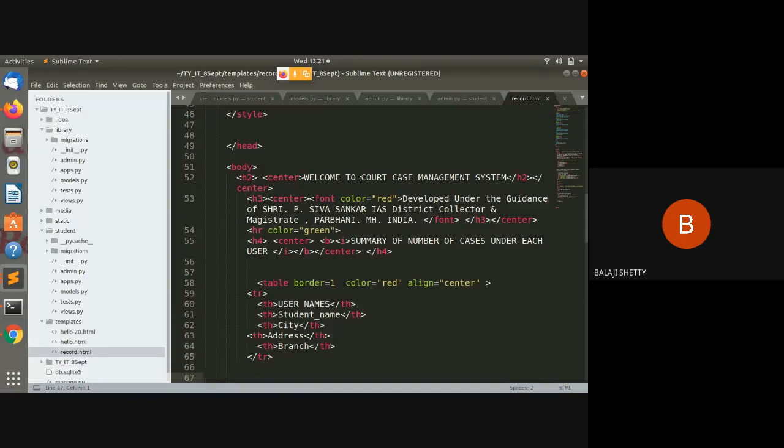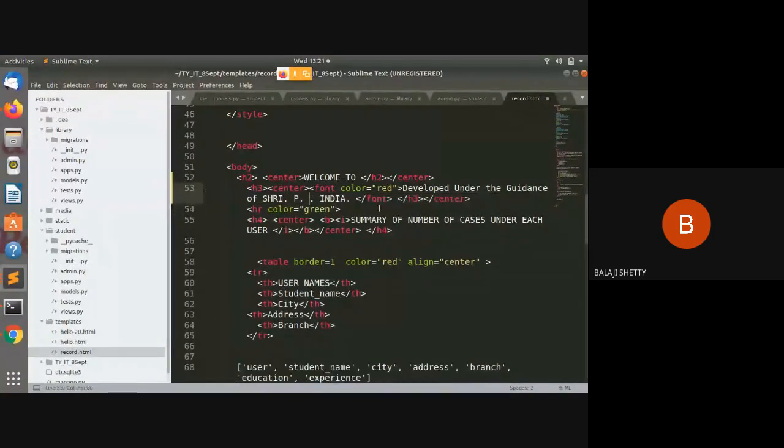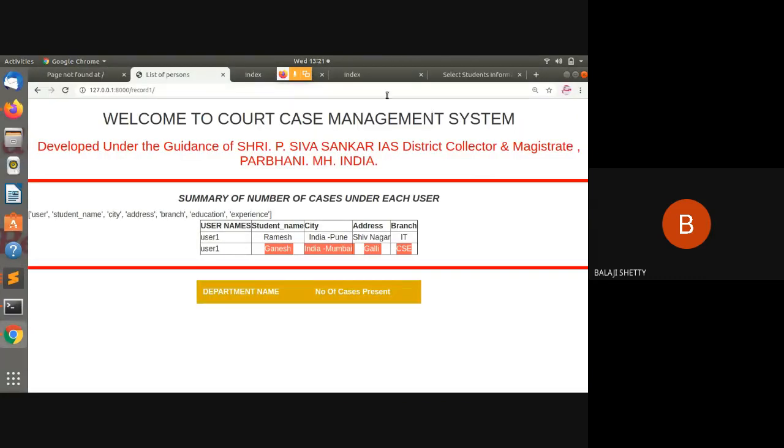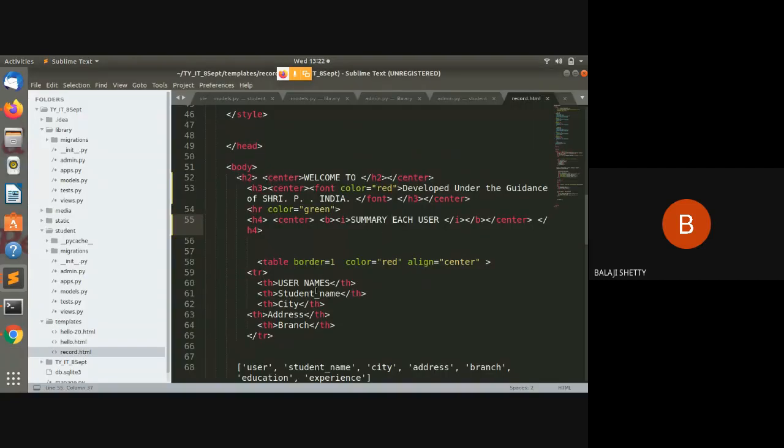Okay, I just skip this part. And one more thing, here I want to remove this field.